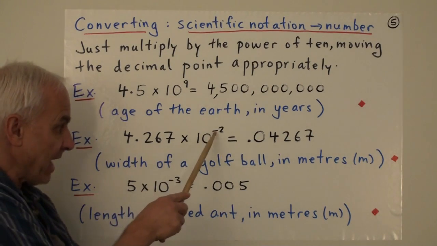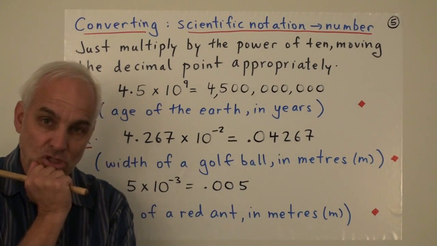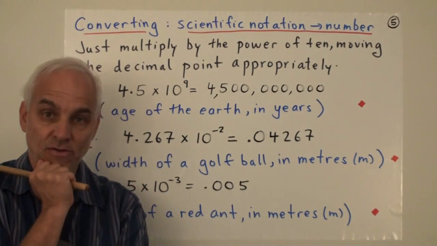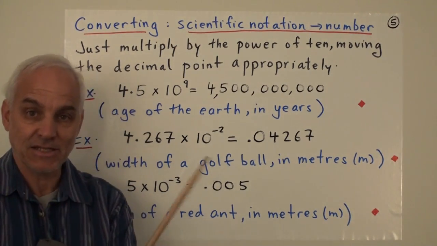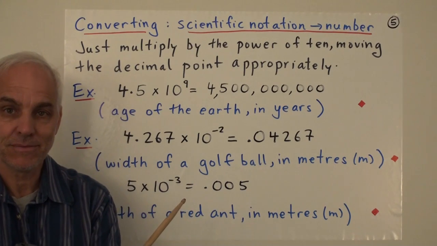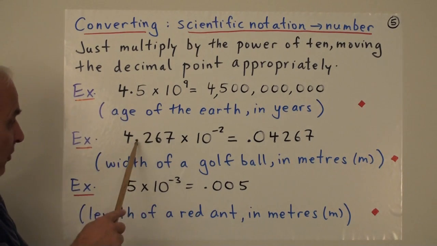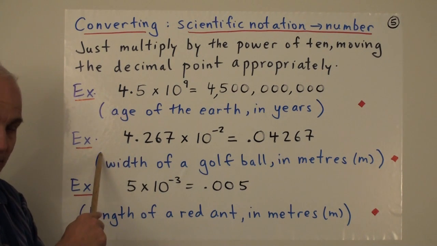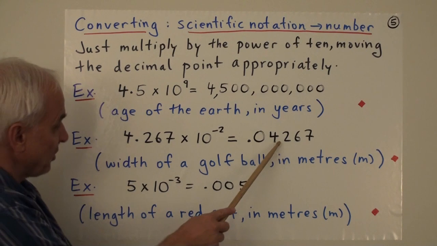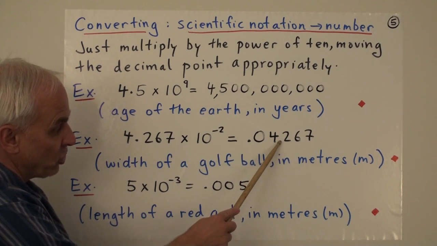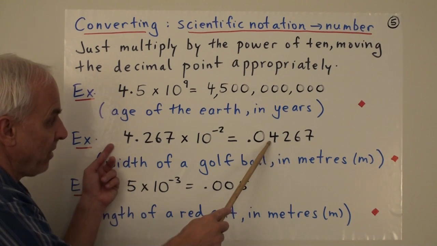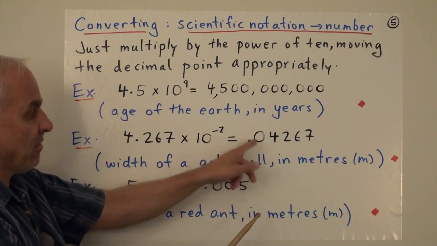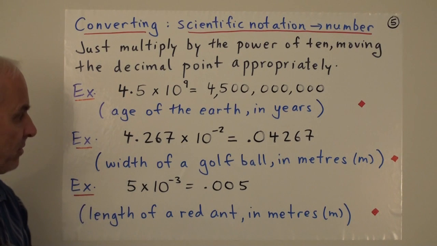Well, multiplying by 10 to the minus 2 is just the same as dividing by 10 to the 2. In other words, it's like dividing by 100. All right, so when we're dividing by 100, we have to move the decimal place over to the left, make the number smaller. So it started over here, and we're moving it over 2 to the left. 1, 2. So we have to introduce another 0 to give the decimal some place to move to.